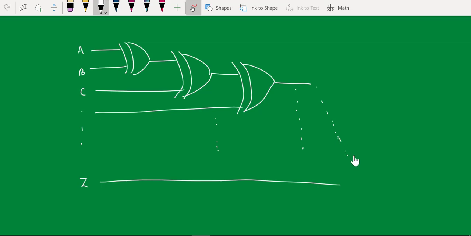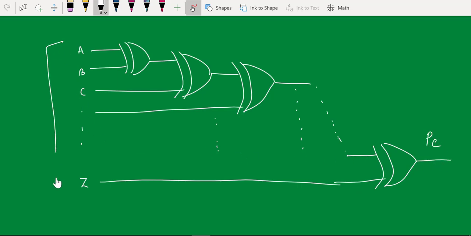This final result will be XORed with the last bit of your data, and that will produce the even parity for the n bit data. The same thing can be implemented using tree structure also. This is all about the even parity generator circuit.